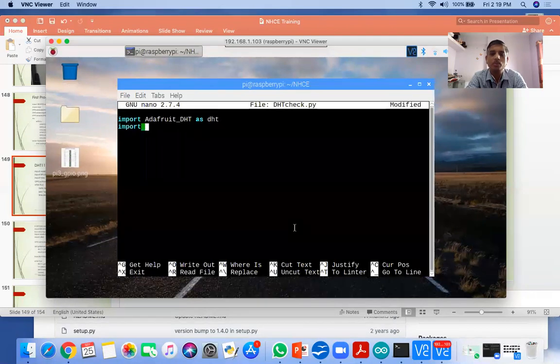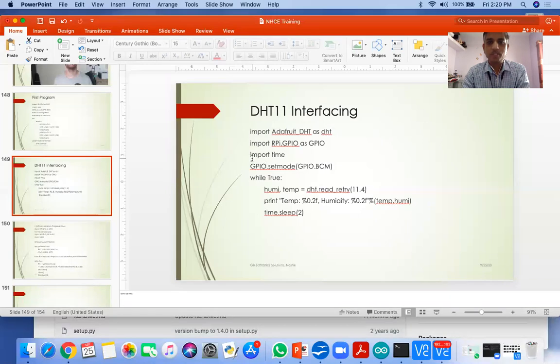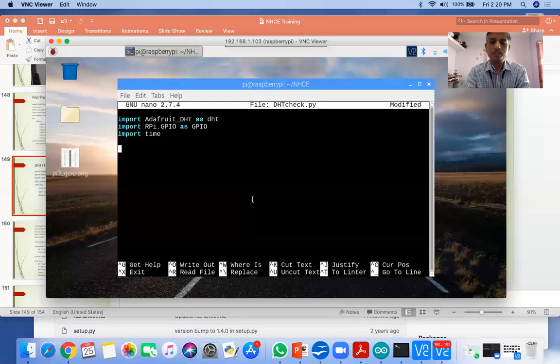Then we need to import RPi.GPIO as GPIO, and also we need one time library, so import time. Done. Then the next thing is we need to set a mode. We are setting the mode as GPIO.setmode, and the mode we are setting is BCM mode.